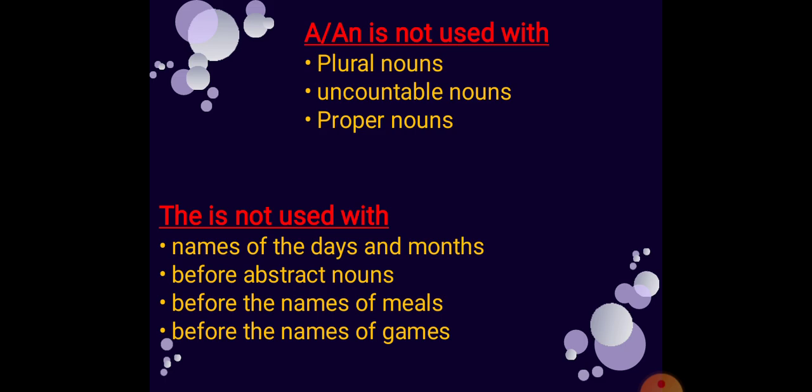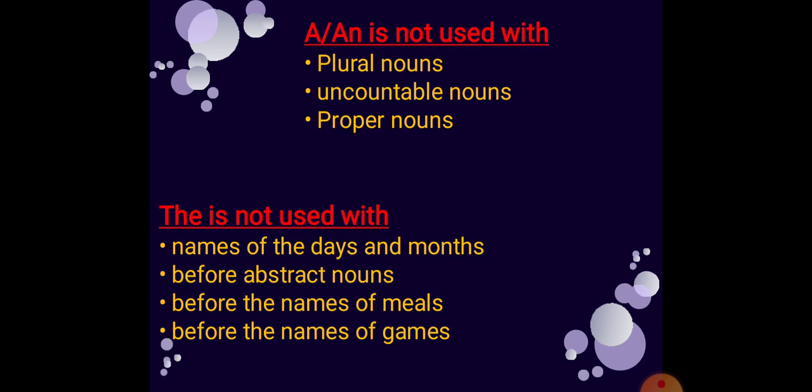Now, you must have understood what articles are and how we use these articles. Now, one more important thing is where we are not using these articles. So, note down that a and an are not used with plural nouns because the meaning of a and an is one. So, we always use a and an with singular nouns. We don't use a and an with uncountable nouns. For example, we don't say a water